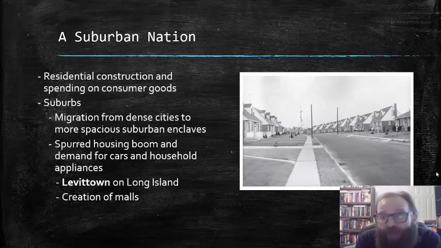The spread of suburbs also facilitated the spread of malls and mall cultures as these new shopping centers were built in the place of the typical urban downtown commercial centers that were the feature and the economic life of most urban areas. Suburbs tended to not have these downtown spaces, and these malls were built to replace the commercial centers in those urban areas with these new indoor commercial centers in suburban areas.